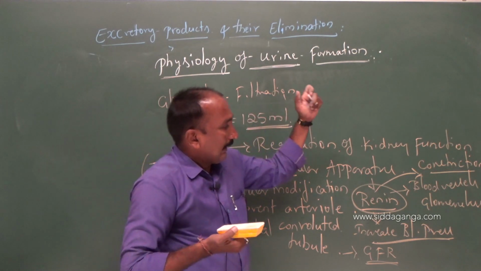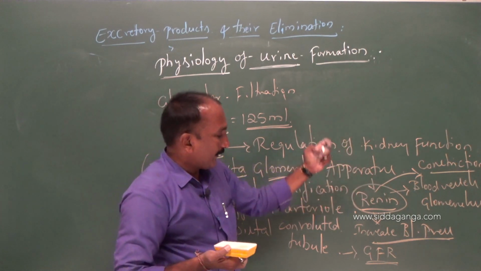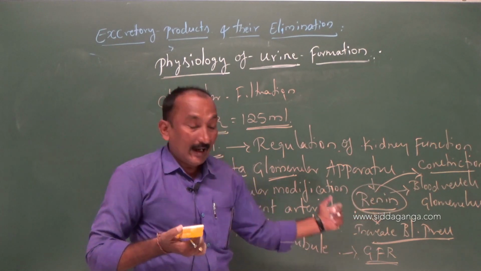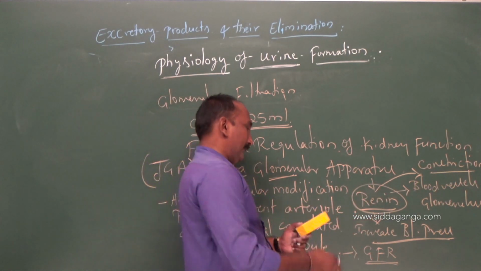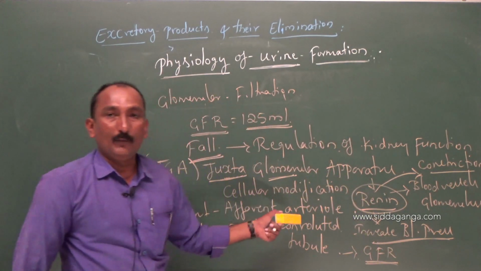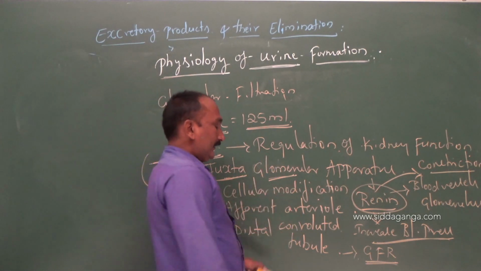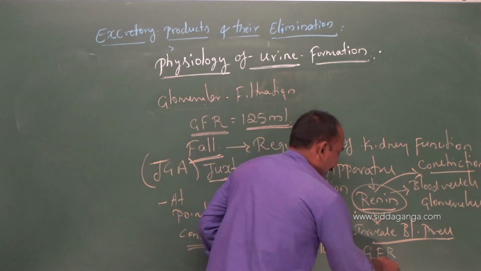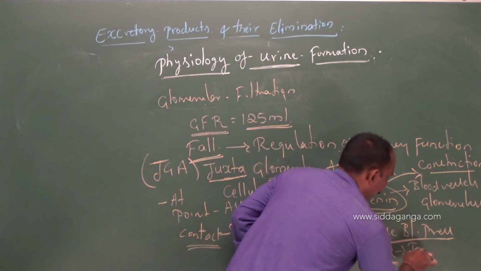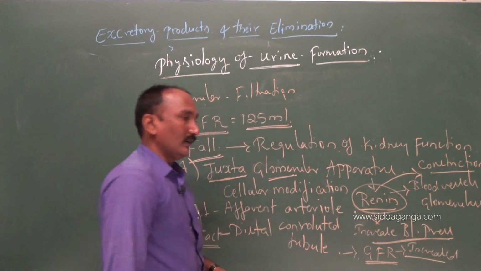So the constriction of blood vessels can increase the blood pressure. As a result, the flow of blood towards the glomerulus will be higher, and the filtration rate will be increased because of the